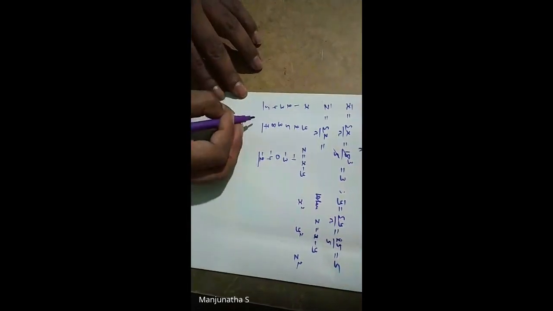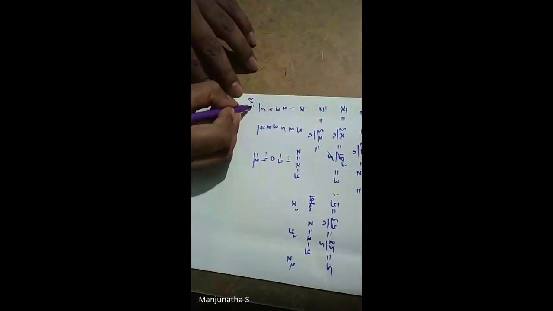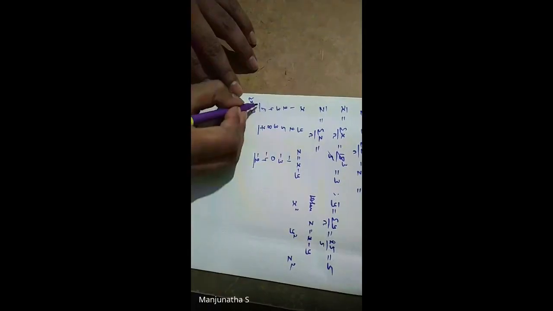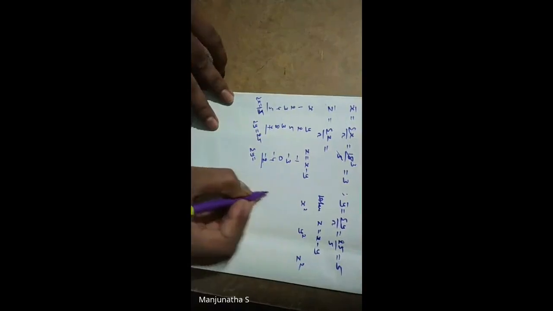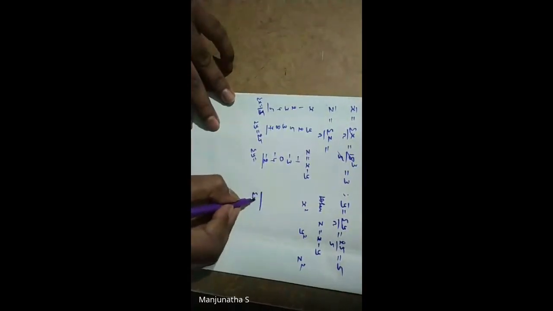So what values do I need? Summation x I got already, that is 15. And then summation y, that is 25, I already got. Summation z I don't know, so I will do it. Next, x square I don't know, so I need the summation x square value. Similarly, I need the summation y square value, and similarly the summation z square value.